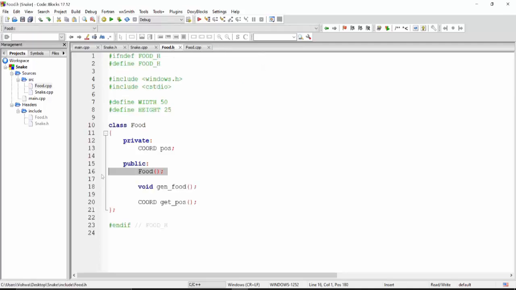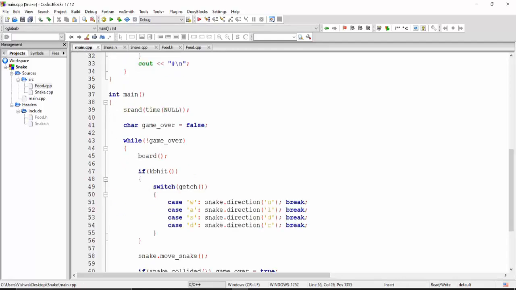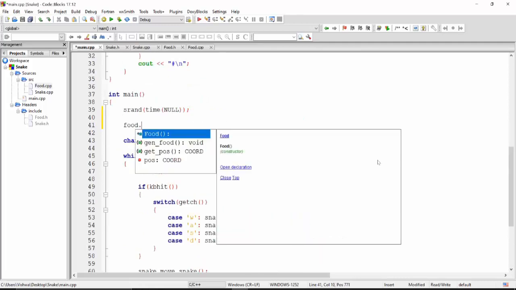Well, if you want to keep the working of the program just like before, then you can skip the step as I told you. It's just preference, right? I prefer that the food would be generated at a random location right from the starting. So you can go there, and after seeding the function, what we can do is we can now call the